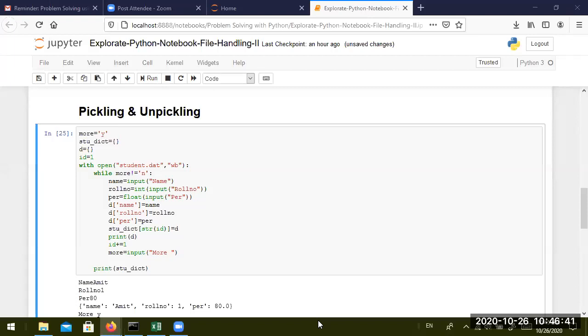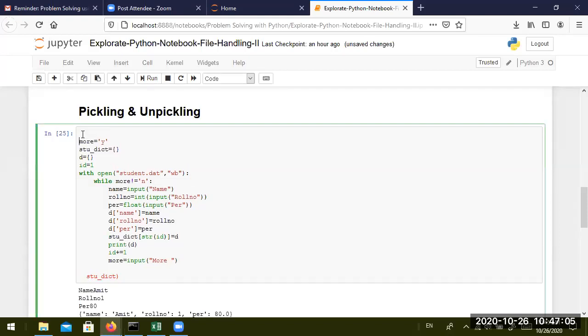So good you remember that. So you need to serialize that. In order to serialize an object, you need to pickle that. Pickling is just one option that you can choose to directly store an object. So how will you store this stu dictionary into that? We'll have to import the pickle module, and once this program will end, you need to just pickle